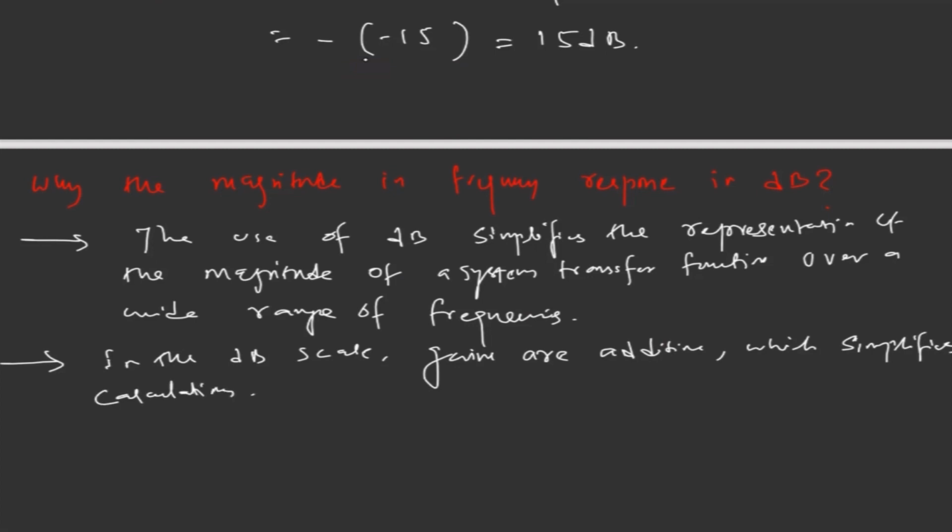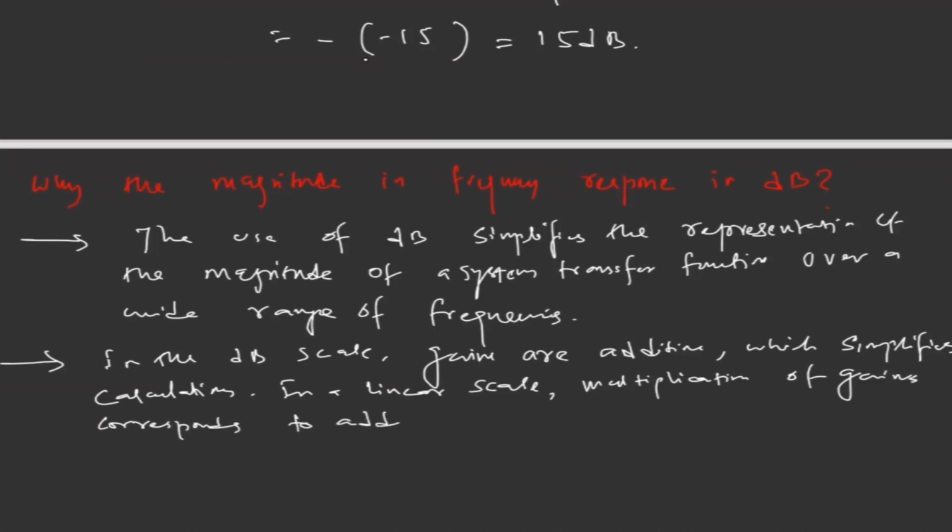In a linear scale, multiplication of gain components, I can write, corresponds to addition of logarithmic